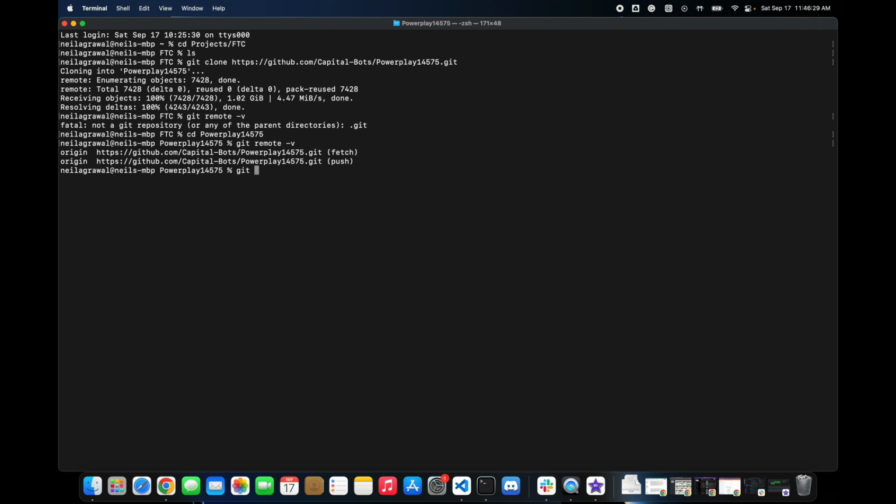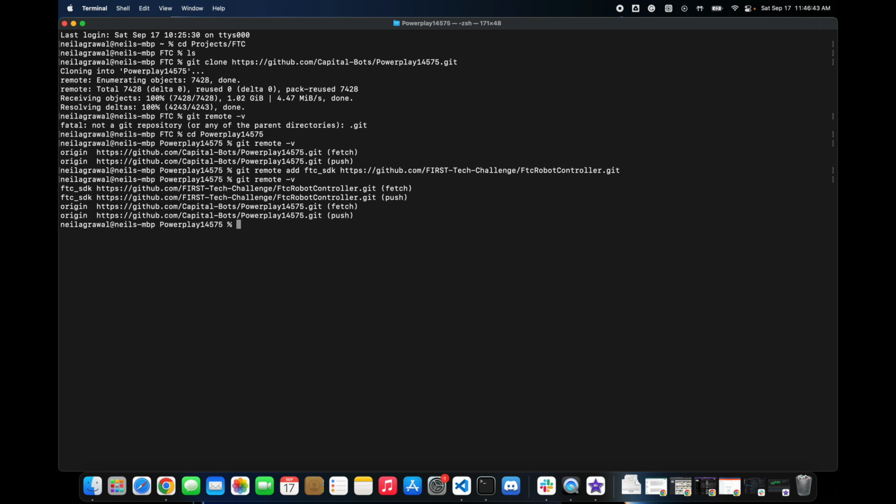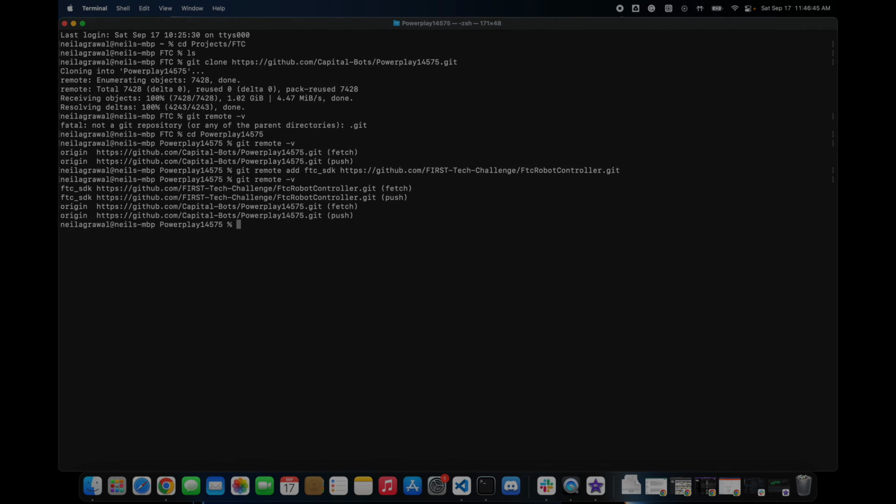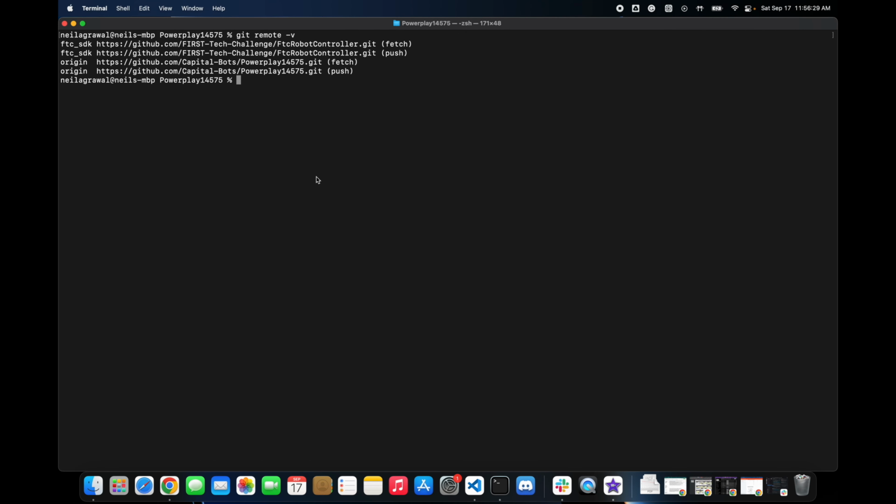To do that, we're going to do git remote add, and we'll call this SDK, paste the link, and now if I list the remotes again, you'll see the FTC SDK has been added. We now want to pull the changes and merge them into our current branch. And to do that, we're going to do git pull